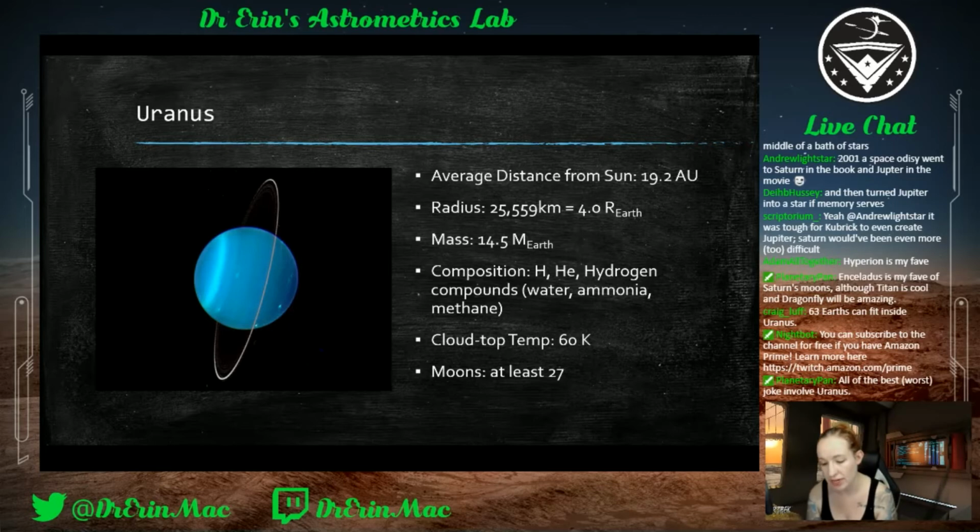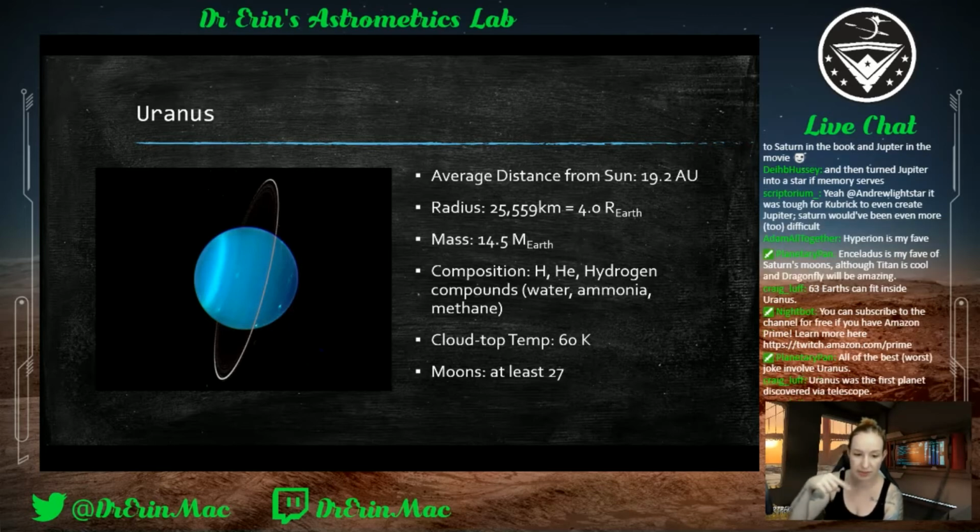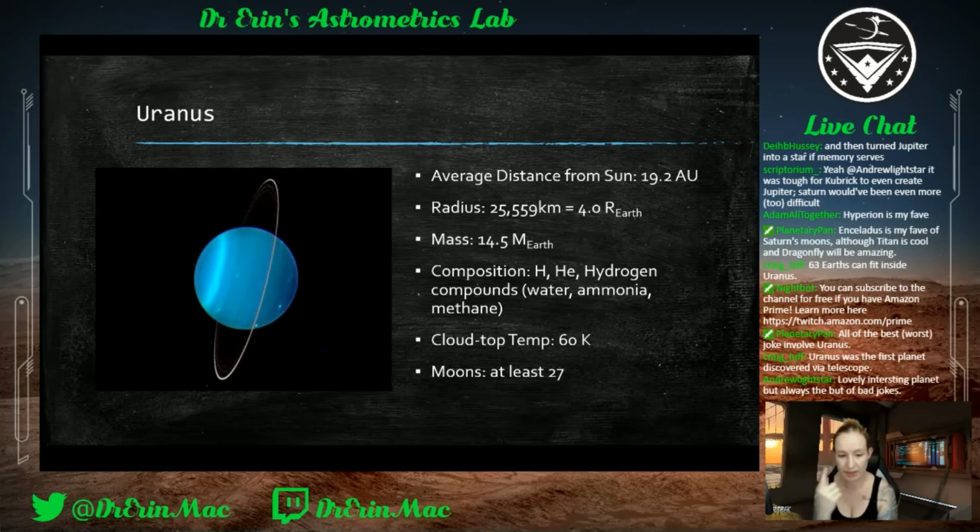And that's the interesting part about Uranus, is that it orbits like that, and all the other ones orbit or spin like this. Uranus spins like this, and so there's theories that something ran into it and then tipped it on its side early in the formation. And again, we'll get more to that too. Yes, Craig, thank you. Excellent fact. First planet discovered via a telescope, which is really cool. All the other ones we can actually see with the naked eye, as we know.